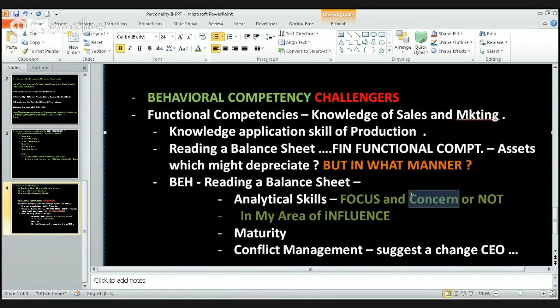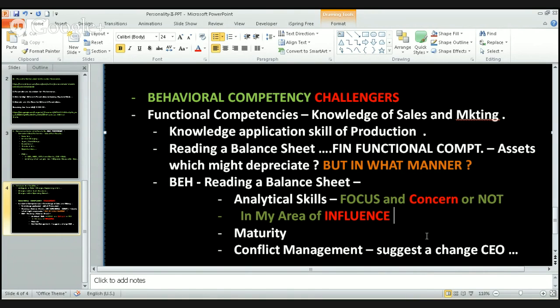Now concern versus influence, two very simple terms. I can be concerned about the traffic that gathers outside my office in the evening when I try and go home, but I might not be in a position to influence it. But if I get down from my vehicle and start acting erratically and start jumping around in the middle of the traffic saying, hey, what is happening? Why don't all of you just vanish? That is stupidity. I could be concerned, but I cannot influence it. Similarly, whoever you might be in the organization, your concern for the organization's general good might be great. And people might say, oh, wow, he thinks about the general good and about the organization. But if you cannot influence those decisions with some kind of analytical data or some kind of support,